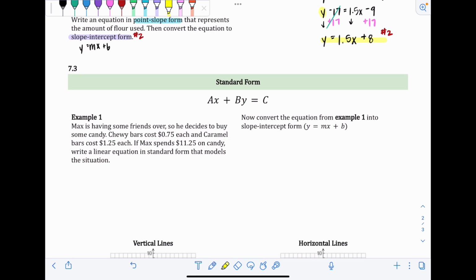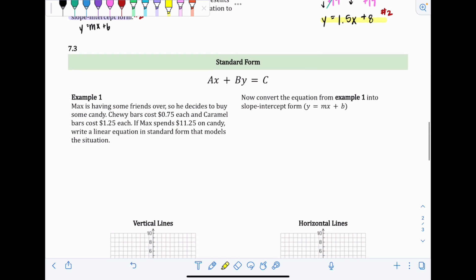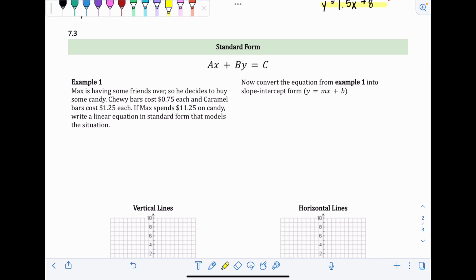Moving on to 7.3, which is standard form. So the formula for standard form is ax plus by equals c. So example 1, Max is having some friends over, so he decides to buy some candy. Chewy bars cost 75 cents each, and caramel bars cost $1.25 each. If Max spends $11.25 on candy, and we want to write a linear equation in standard form that models the